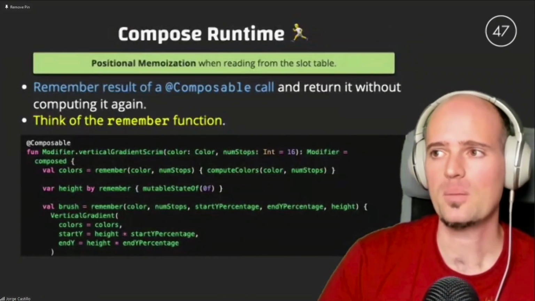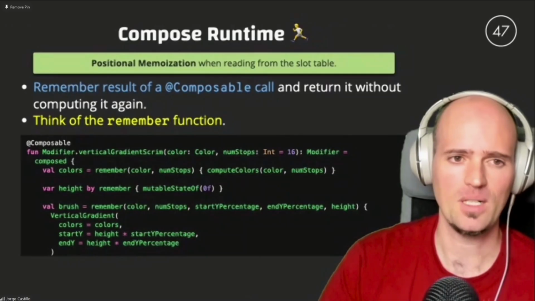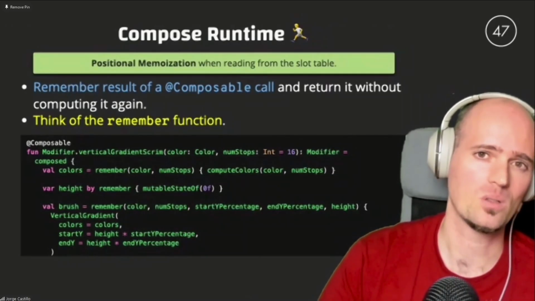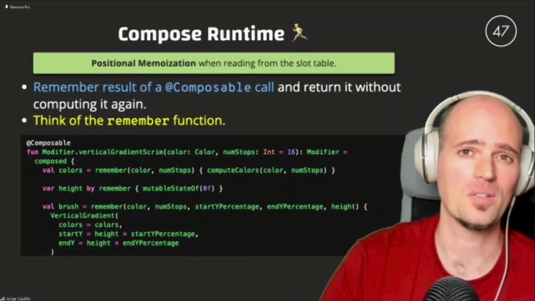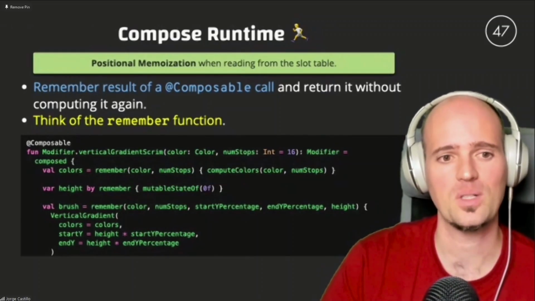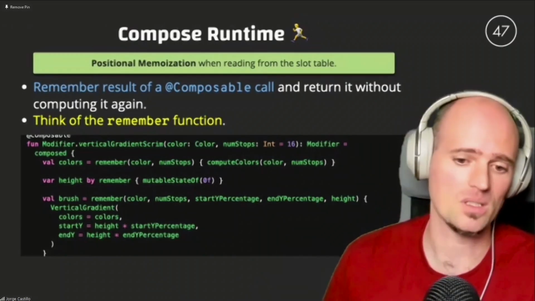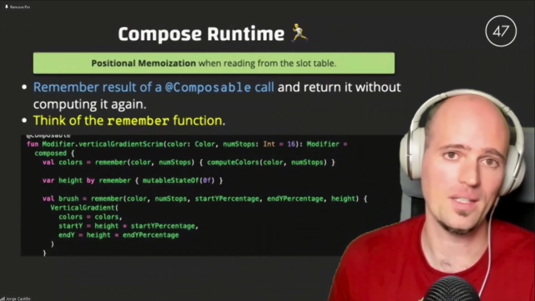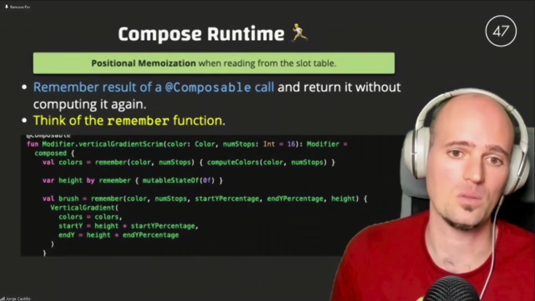Another thing that the runtime takes care of is the positional memoization, which is this ability to remember the result of a composable call, so you avoid computing it again. For example, the result of the remember function, if you're familiar with it. And that's part of the runtime also, because that's a result that is stored in the slot table, and then the next time you try to access it by index, if you remember those indexes that we were generating at compile time,